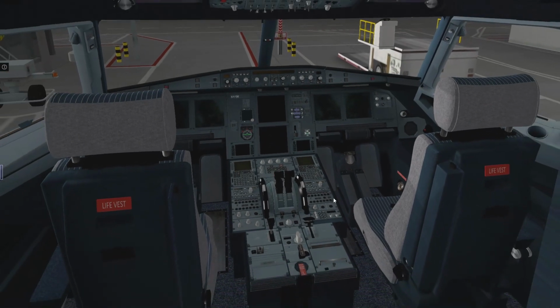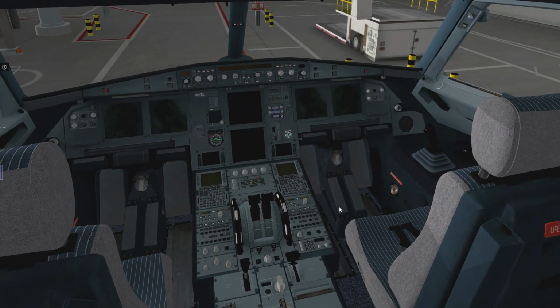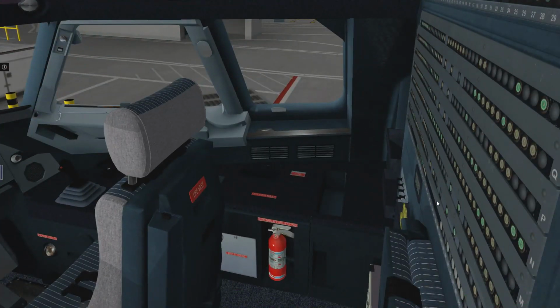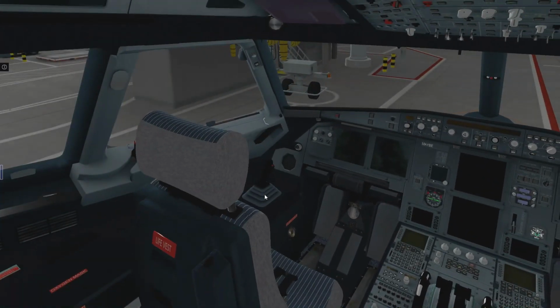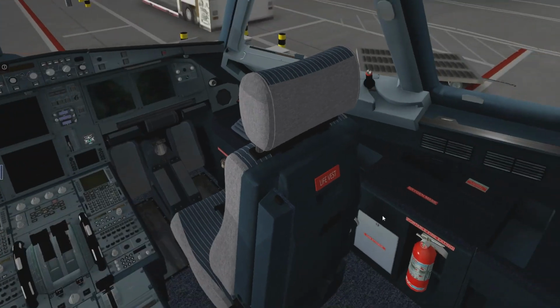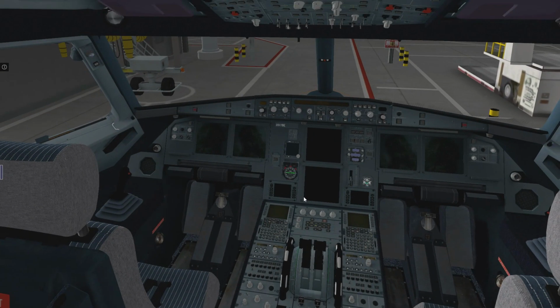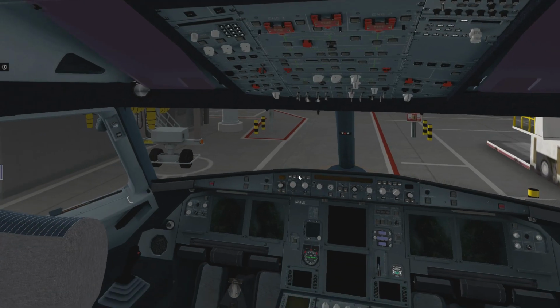This is the cockpit of the Airbus A320. This simulation of it is brought to you by the very nice folks at JARDesign, J-A-R Design. I'm quite fond of this aeroplane. And today we're going to fly it, not on a very long trip, but we're going to fly it nevertheless. Now,